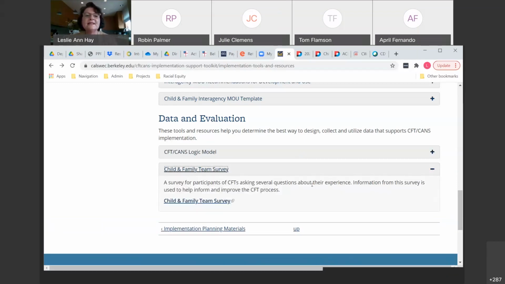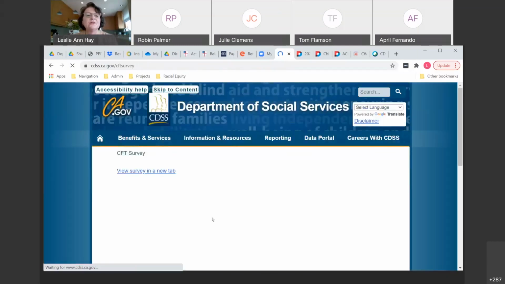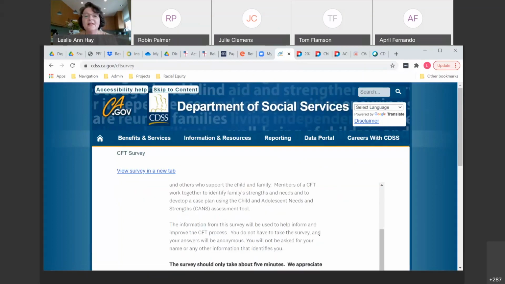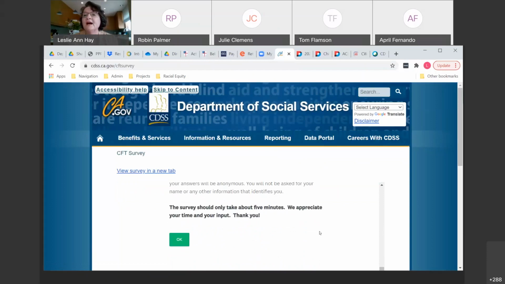The other thing that is linked here to this segment of the toolkit is a link to a child and family team survey that goes straight to a survey that is maintained by CDSS here that can be shared and used with youth, with family members when they've gone through a CFT process or experience or a meeting. And if they're amenable, it's an option to have them come here and fill out a few questions in this survey format that really gives us some immediate feedback on what worked well for them in that CFT experience,